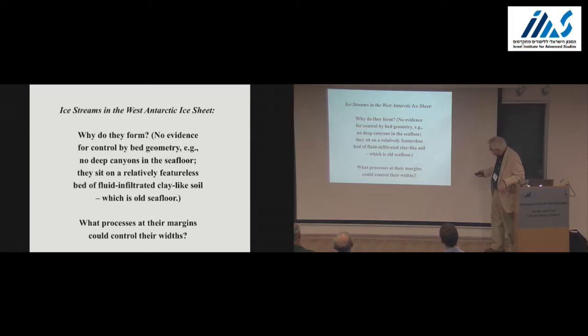But in any event, it's a clay-like soil, and we should remind ourselves of some things that civil engineers know very well. The strength of a granular material, a fluid-saturated granular material, is proportional, the shear strength is proportional to the difference between the normal stress, compressive normal stress, and pore pressure. So that concept will be important to what we get into